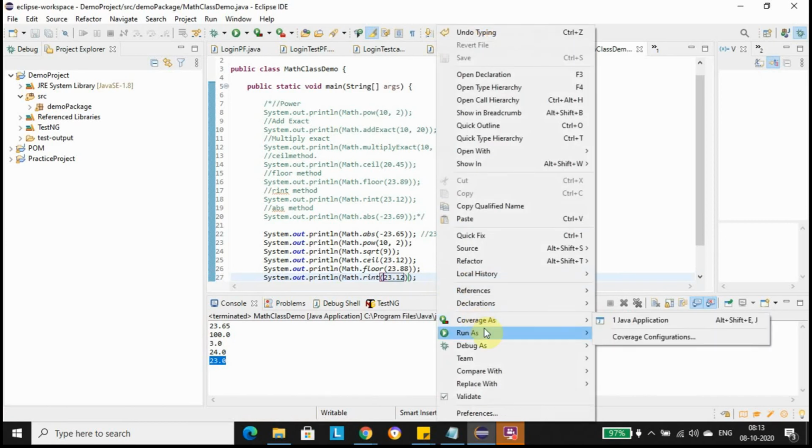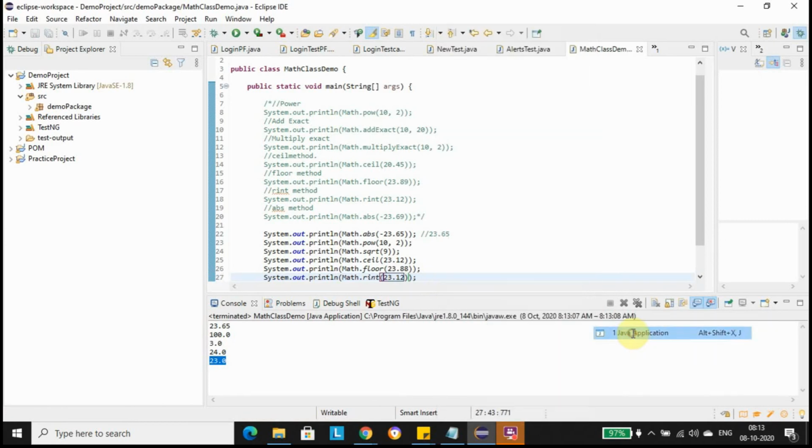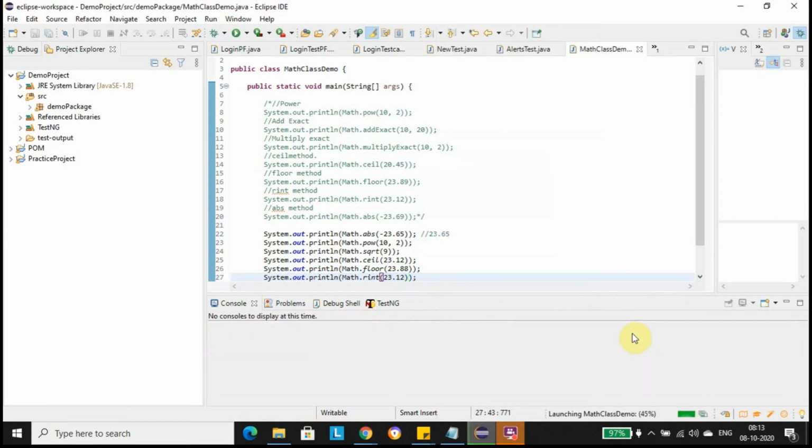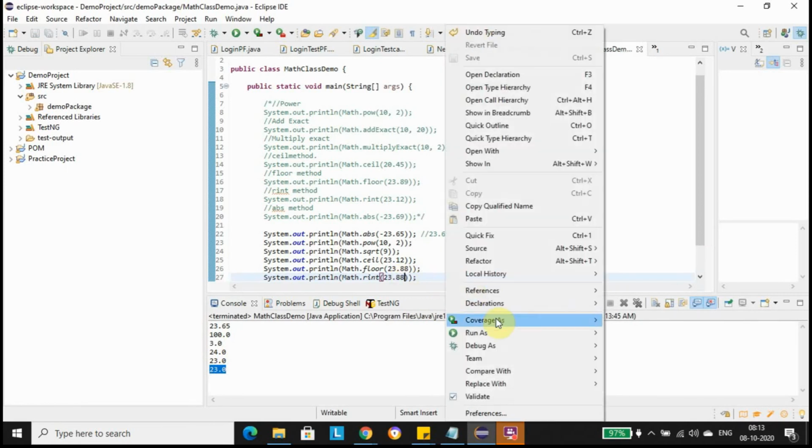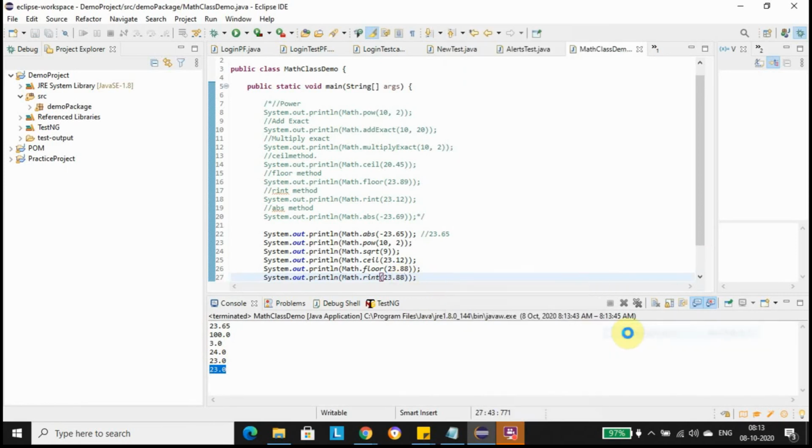Now it will round it down to 23. See here, the output is 23. If I provide here 23.88, then it will round up to 24, because the decimal value is more than 0.5. See, the output is 24 here.